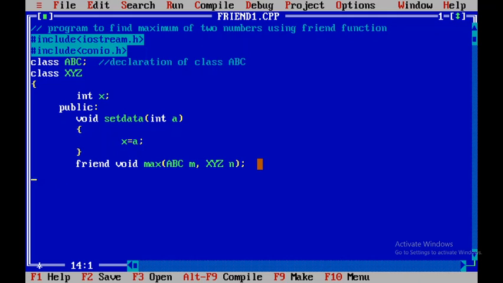So this one class is over, and similarly I am writing another class, class ABC. Here again I take one member int y.